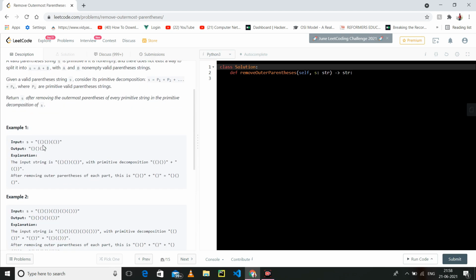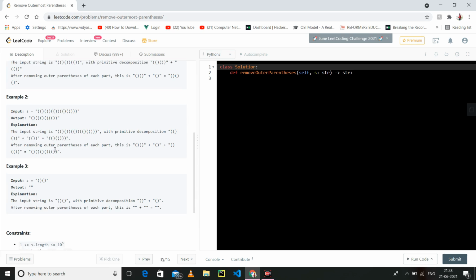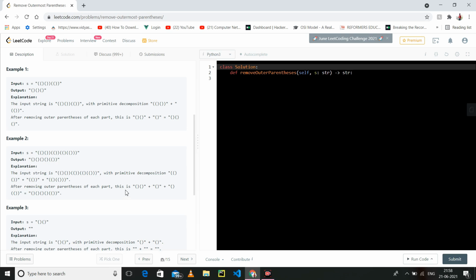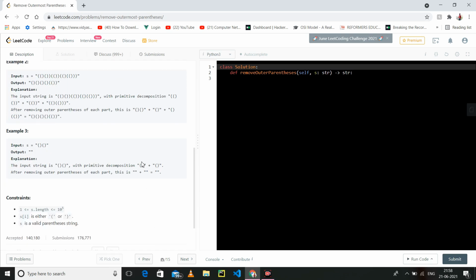So what we will do, it is confirmed that we have to remove the outer parenthesis in any condition. Even if there is no outer parenthesis in this, we have to remove it. Why? Because first we will decompose this string into two parts. This is a part, these two, so this becomes the outer parenthesis. So we have to remove the outer parenthesis whether it is present or not. It is present here.